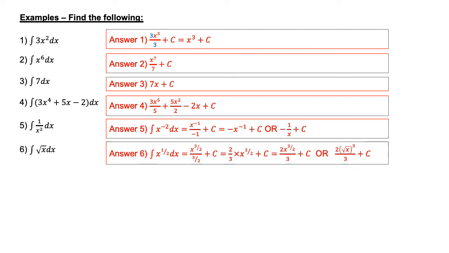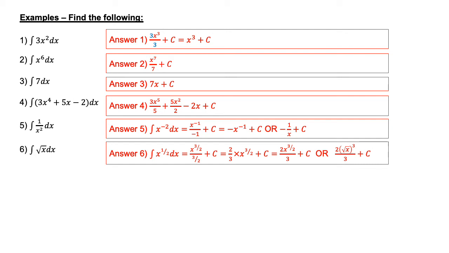Now, dividing by a fraction is the same as multiplying by its reciprocal. So the reciprocal of 3 over 2 is 2 over 3. So you can now see that this becomes 2 over 3 times x to the 3 halves plus c, and then to write it in a shorter, neater mathematical way, that's the same as 2x to the 3 halves over